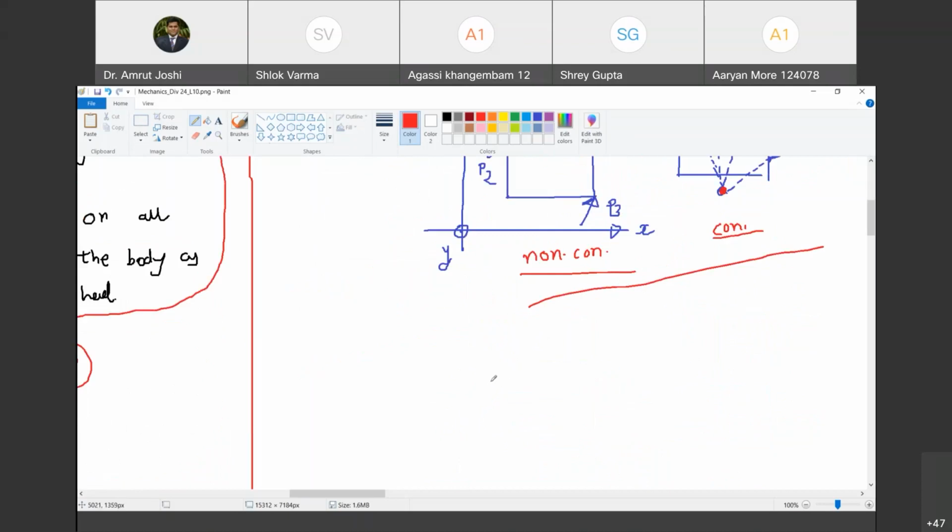Now we will close today's session by considering a simple example. Imagine that two stones are hanging from the roof. This is stone 1, I will call it S1, and this is stone 2, S2. Each of these stones is going to have its own weight. So I am going to show this as W1 and this as W2. Are you with me? Yes, sir.